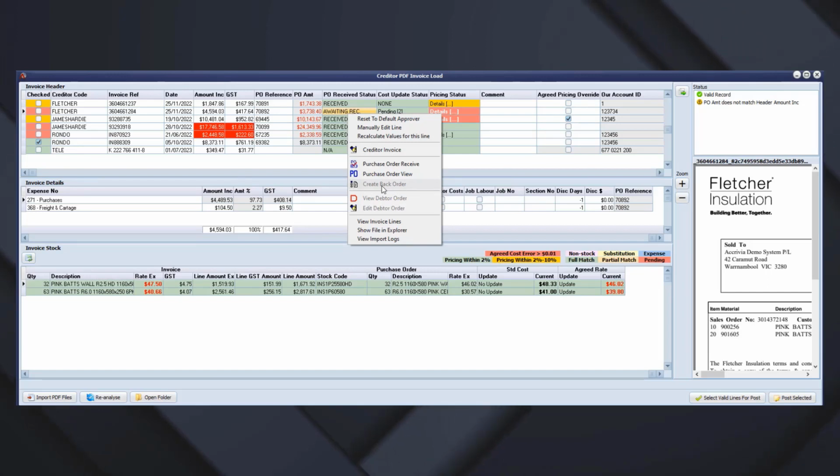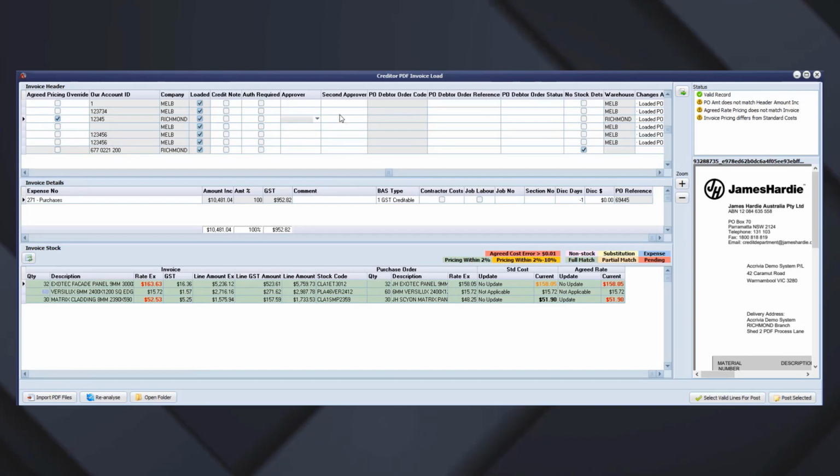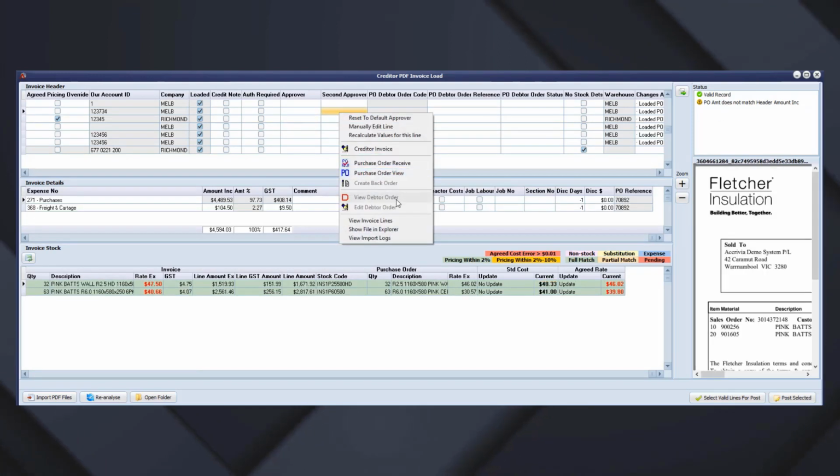It will have context around the data that's available for each of these menus, and we'll grey the menu out if it's not applicable. The view debtor order and edit debtor order, again, they are greyed out because I haven't got information showing up in here. If that was locked in and picked up from the actual load, I would have the ability to view that